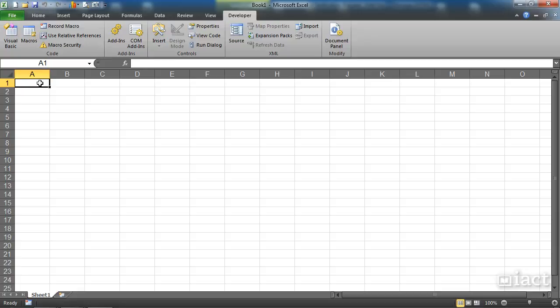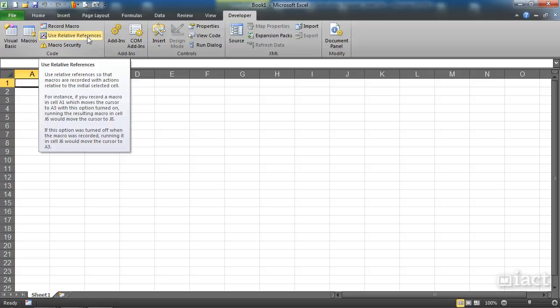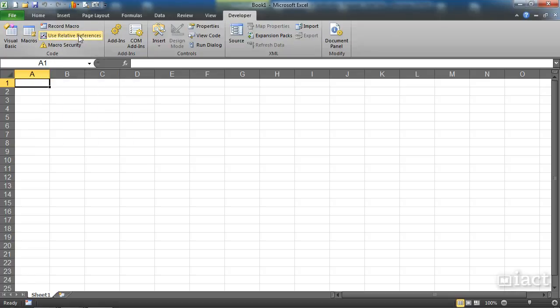Absolute and relative macros. When we're recording a macro, we have a choice between a relative referencing macro or an absolute referencing macro. In the Developer tab, just below the words Record Macro, you'll see an option called Use Relative Referencing. When that button is clicked, it turns on relative referencing, and when it's turned off, it means that it's using